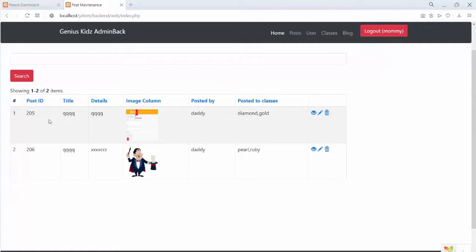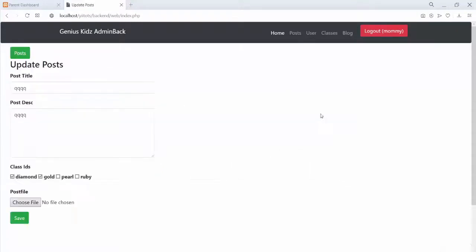So for example, this post is posted to Diamond and Gold. This post is posted to Pearl and Ruby. You can edit, delete anything. It's possible. For example, I just write here post description and then I save it.